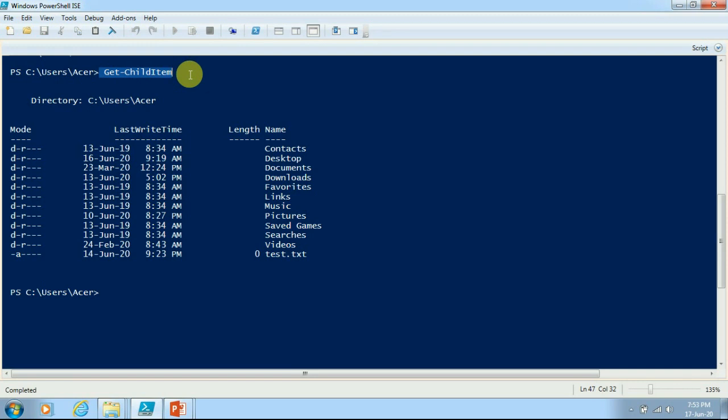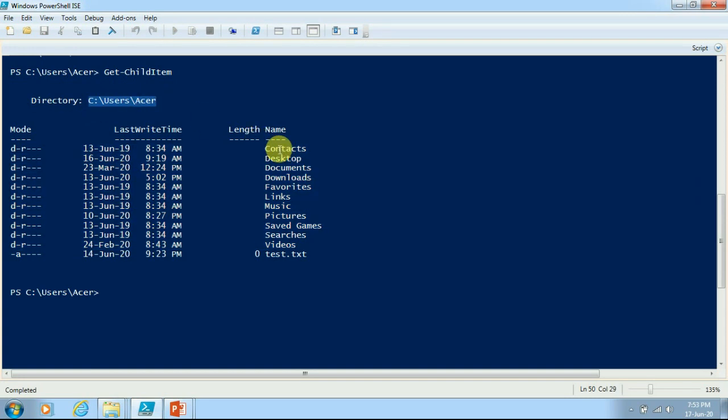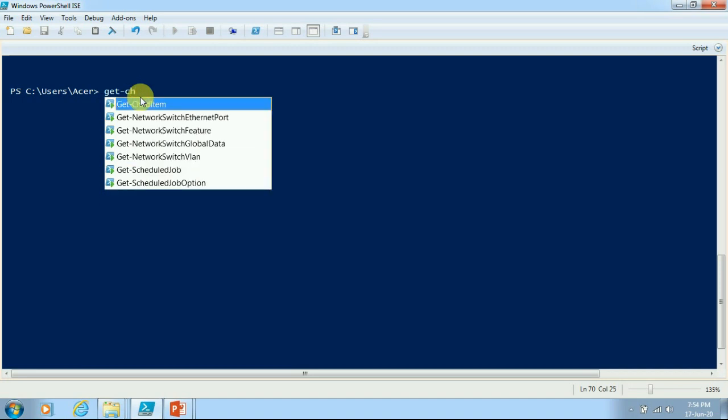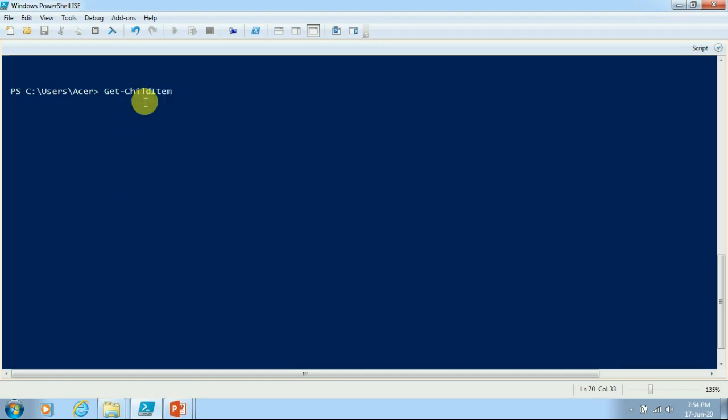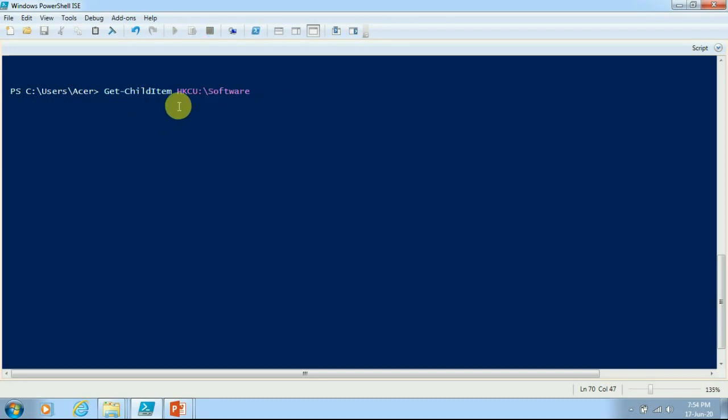After I execute Get-ChildItem, all the folders inside my home directory get listed over here, and it will include the files also, if any. Likewise, if I want to get content inside any registry, I will use the same commandlet, but I will have to pass the registry path. So I have used this path from where I want the content.